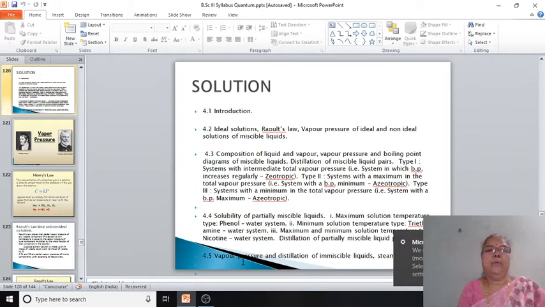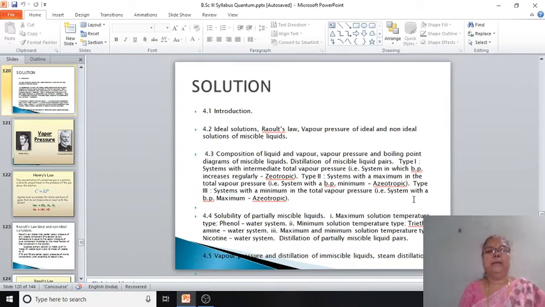Let us begin with the proper syllabus of chapter 4, that is Solutions. In the introductory part, you have studied the definitions of common terms that are often used in the study of this chapter and the different concentration units. So our second point is ideal solutions, Raoult's law, vapor pressure of ideal and non-ideal solutions of miscible